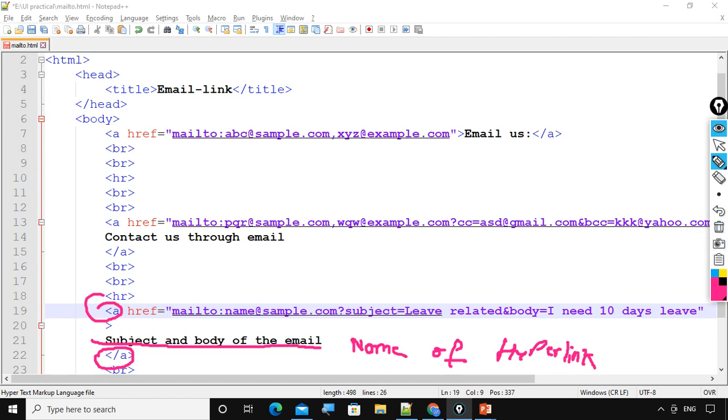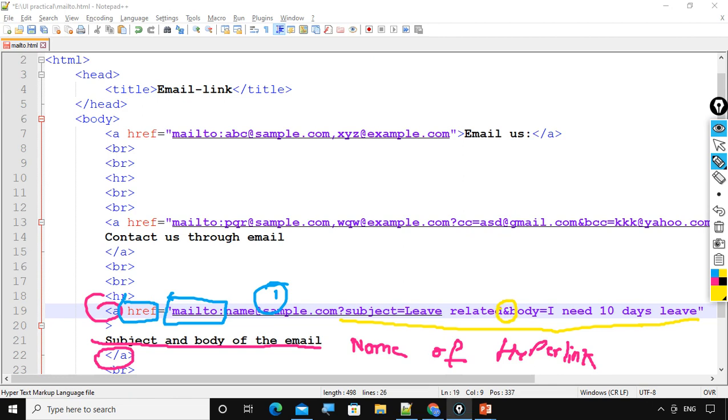Now we have mandatory attribute href starting with mail to colon, here my first recipient, and after that I have written query string from this question mark to end, correct. This will be considered as query string has multiple key value pairs, those key value pairs are separated with the help of AND, okay.